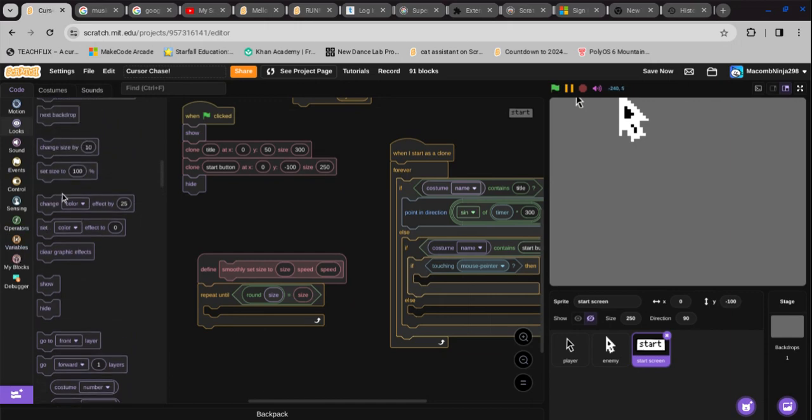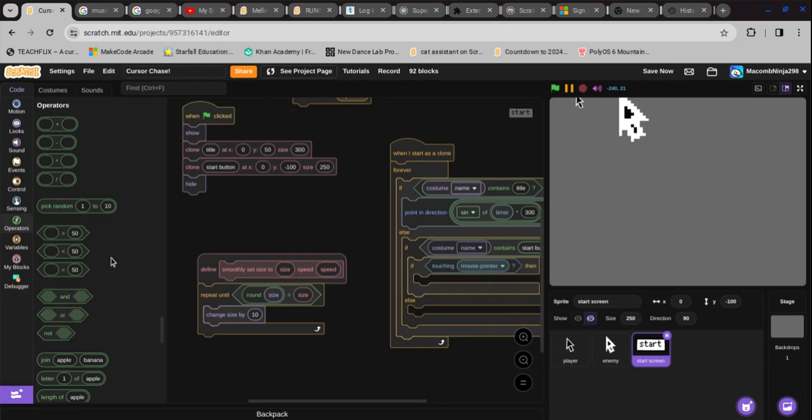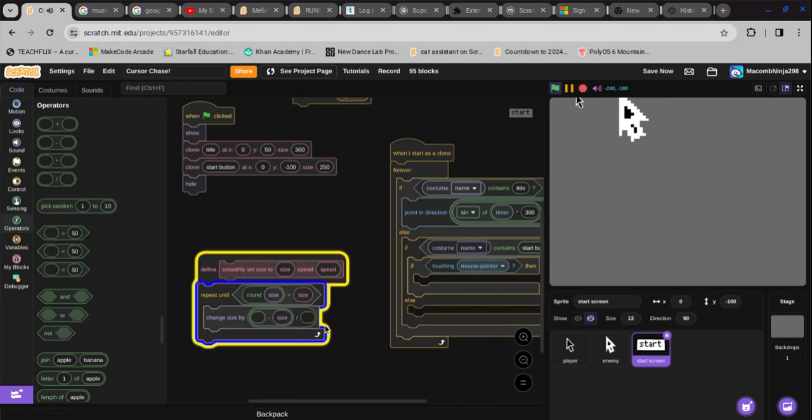Now that we got that, let's get a change size by block. Then get a divided by and a minus in the left perimeter of the divide by. Then duplicate the size in the round, put it on the right perimeter of the minus block, then put another size block in the left perimeter of the minus block. Now let's put speed in the left perimeter of the